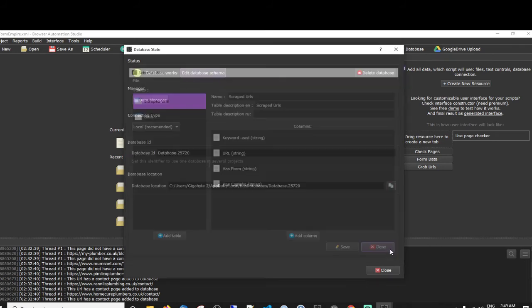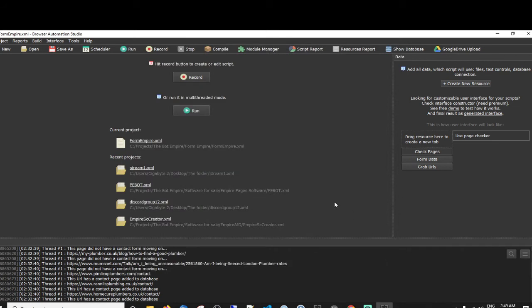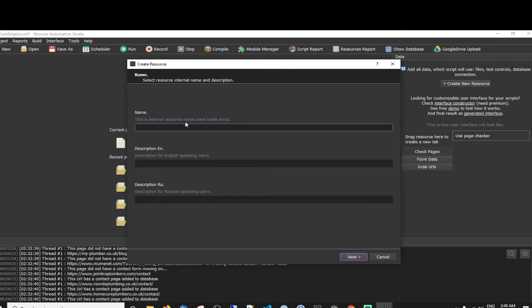And I've made this a separate module, so it's optional, because some people will just want to go in there and fill out the forms, and then if it succeeds, it can say it did. If not, like the page didn't have a form, then it will just move on to the next one. So it's going to be an optional thing. Let's get it. So use page checker. This might develop into quite a big bot later down the line with different features, so I'm thinking ahead. Database to use.